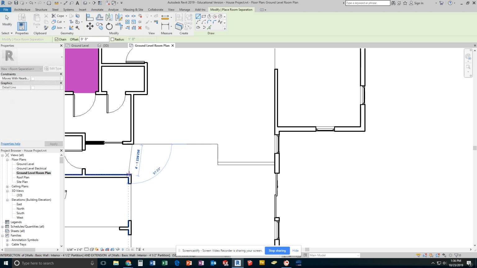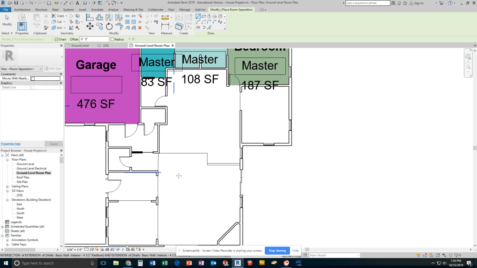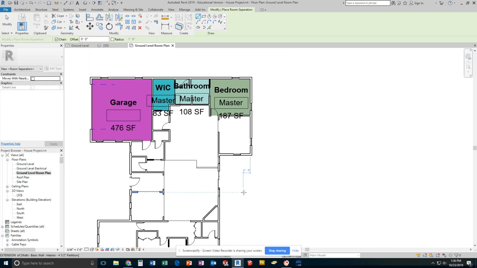I'm doing these all at once. You might find it more beneficial to go through and do these individually. So now I'm going to start to tag the rest of these rooms. If you understand this concept, you might want to go ahead and skip ahead in the video, but to keep it all together